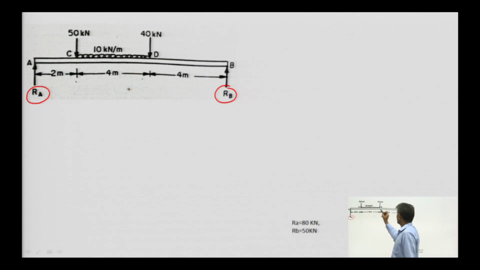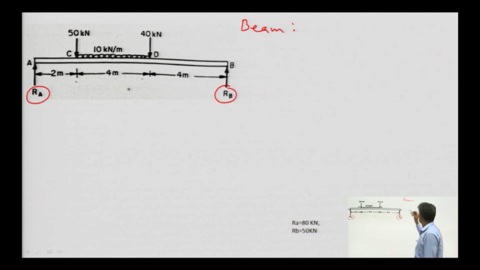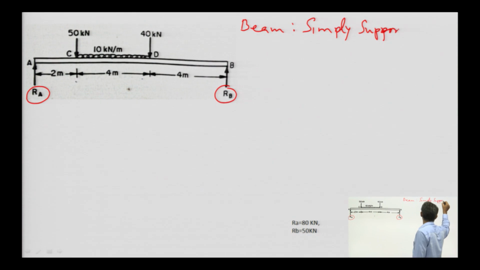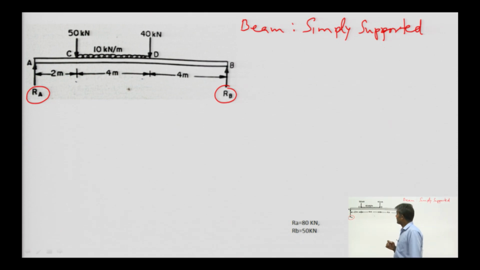And this is the example of a beam. This is called a beam. So, which type of beam will it be called? It will be called simply supported. Why is it called simply supported? It is called by this name because it is being simply supported. On the basis of its supporting condition, it is termed a simply supported beam.